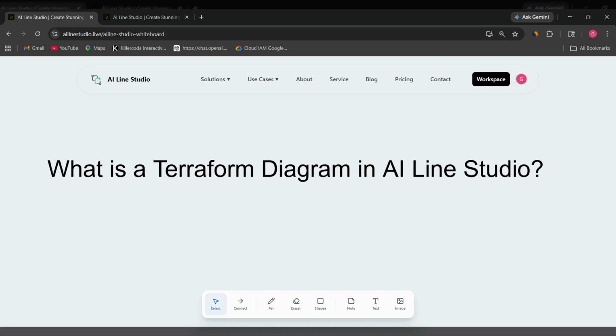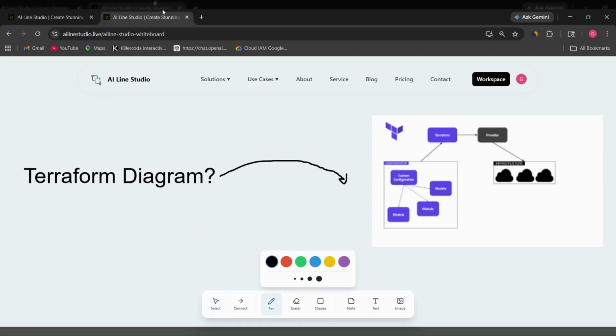And today's topic is what is a Terraform diagram in AI Line Studio. So, in AI Line Studio, a Terraform diagram helps you visually represent infrastructure defined using Terraform. Terraform is an infrastructure as code tool that allows you to define cloud resources like servers, network, database,